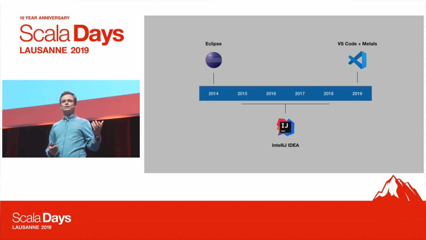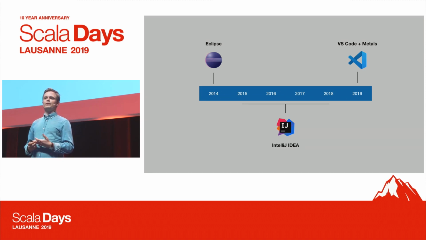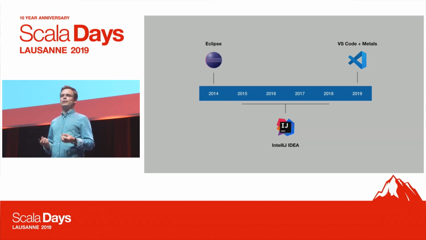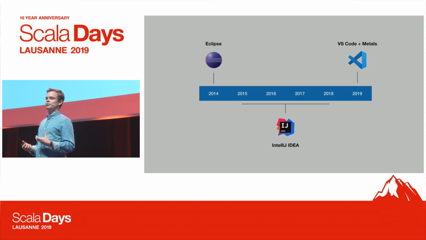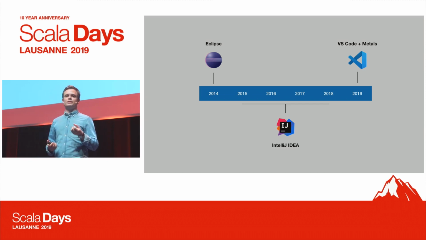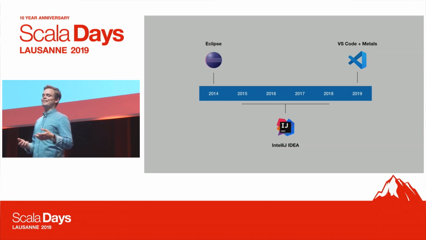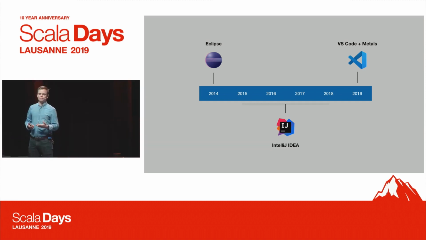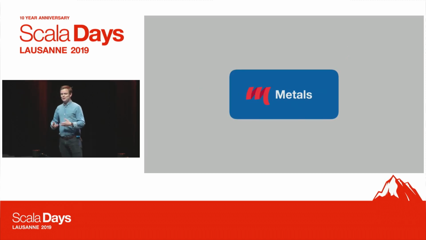But what's really interesting is that when I switched to IntelliJ, I didn't have to learn it. I was already familiar with it. So that out-of-the-box experience of using something that's familiar so you can learn Scala faster is, I think, one of the key components if you want to grow the community. A few years go on, and in 2019, I started using VS Code with Metals full-time. And that's what I'm going to be presenting today. So now we can go back and talk about completions and errors and all of the stuff that this talk is really about.